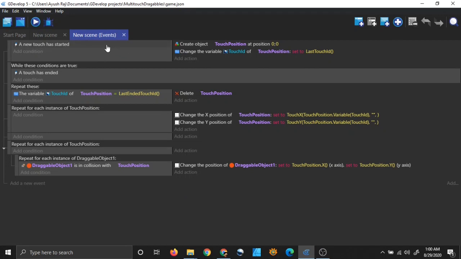When a new touch starts, we will simply create an object at the position of our touch, right? But you can see we are creating an object, but we are simply creating it at 0,0 position. We want to create it at the position where we touched, but we will do that soon.